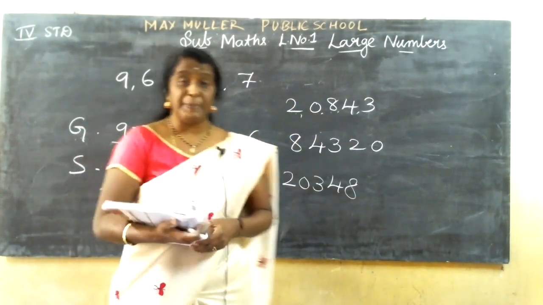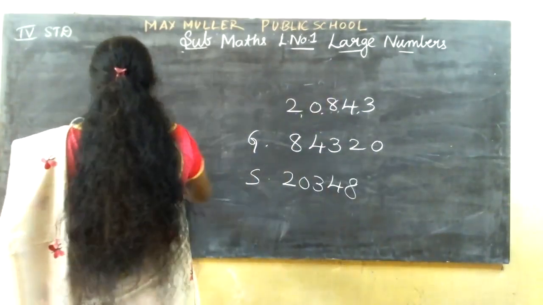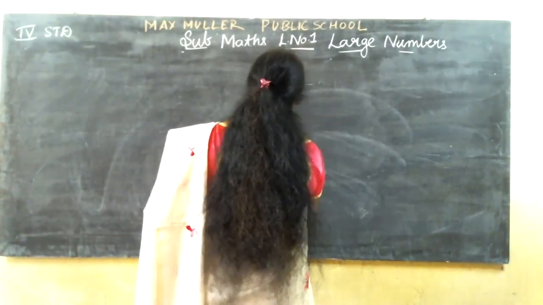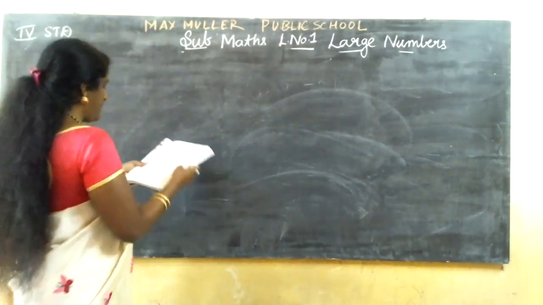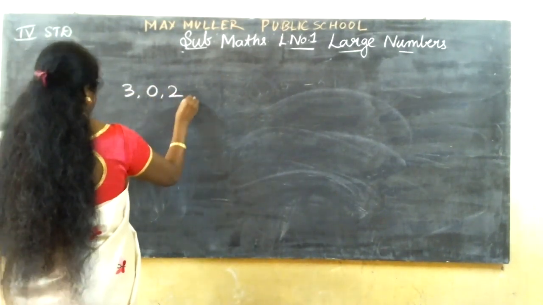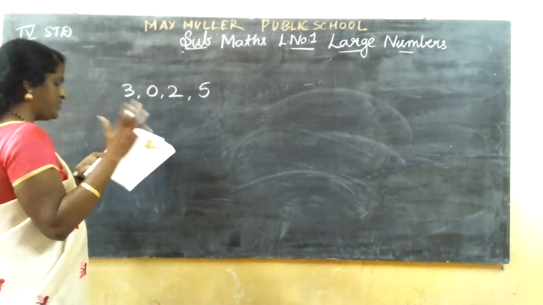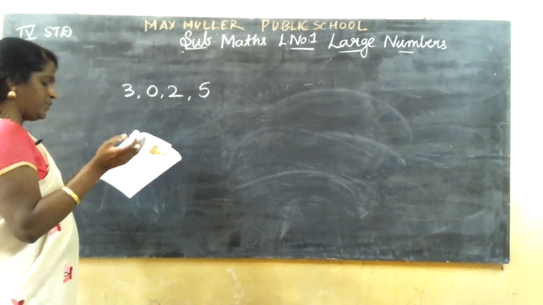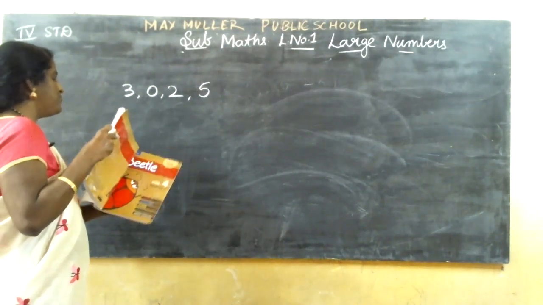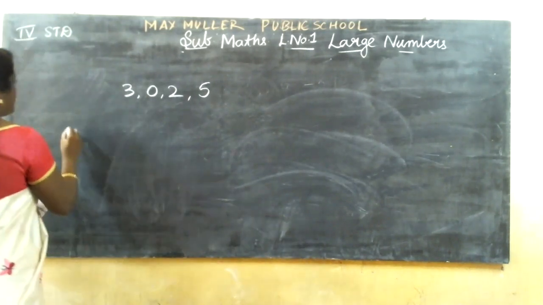So, forming numbers with repetition of digits. Repetition, if I say, for example, the smallest 5-digit number by repeating the same digits. To form the smallest 5-digit number, write the digits in increasing order. You cannot start with 0. The next least number is 2. Write 2 first and then 0, followed by 3 and 5, to write the number in increasing order. See here, smallest number.